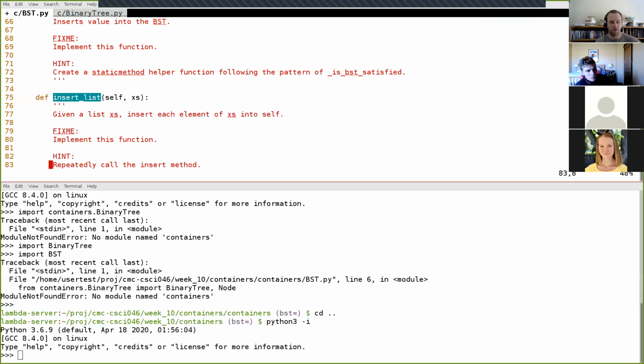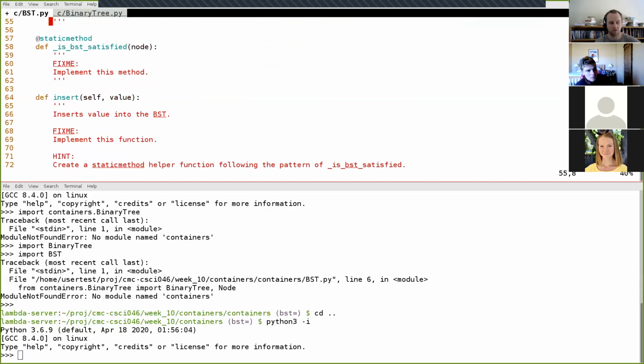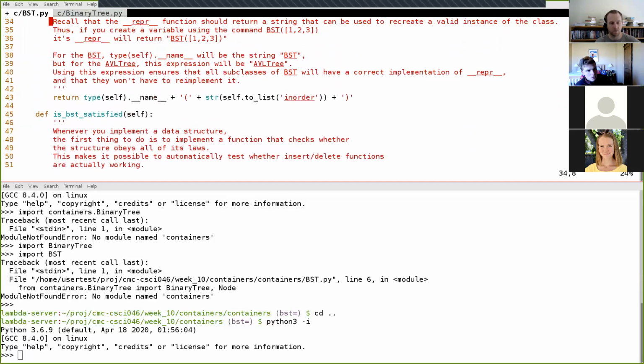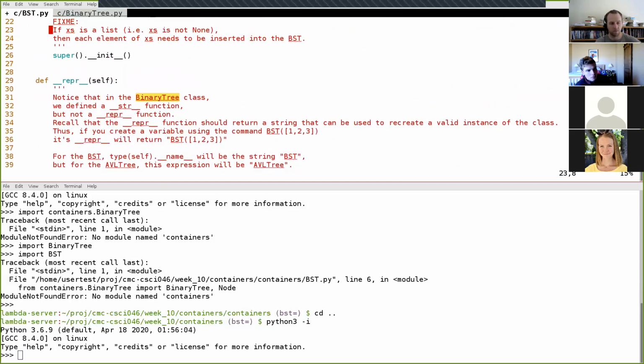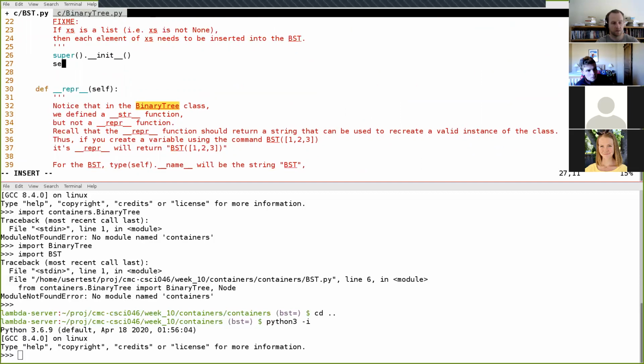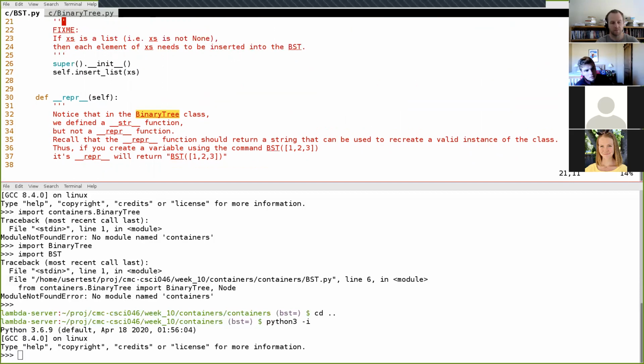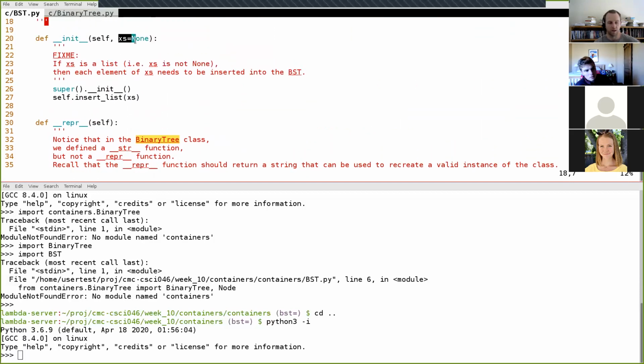And so the correct implementation of the constructor up here is just self dot insert list XS, like that. Whatever gets passed in here, pass it to the insert list, and that'll do it.